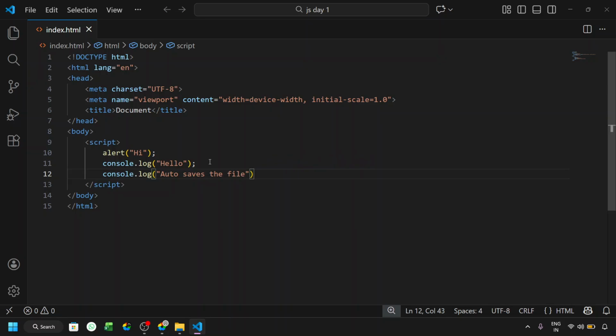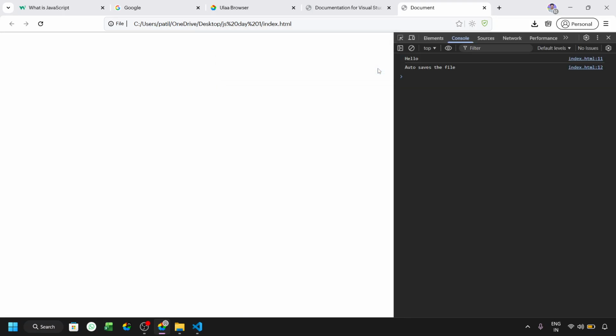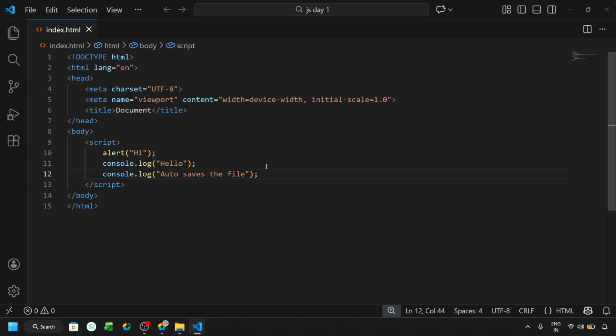In the browser, if I go to my Chrome and reload the page, you can see this page says hi. I click on OK, and the two messages are also printed in the console, hello and autosave. So this is all about the introduction of